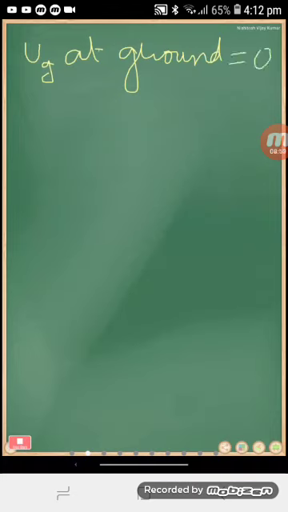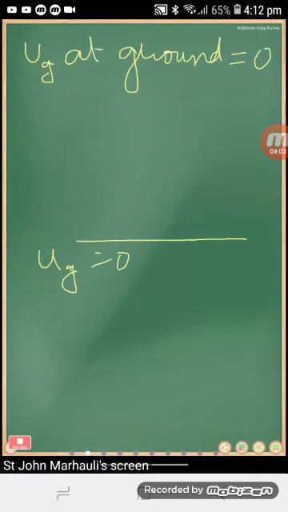So this is a standard. Otherwise, what happens? Say, if I consider Ug as 0, so the value above this,